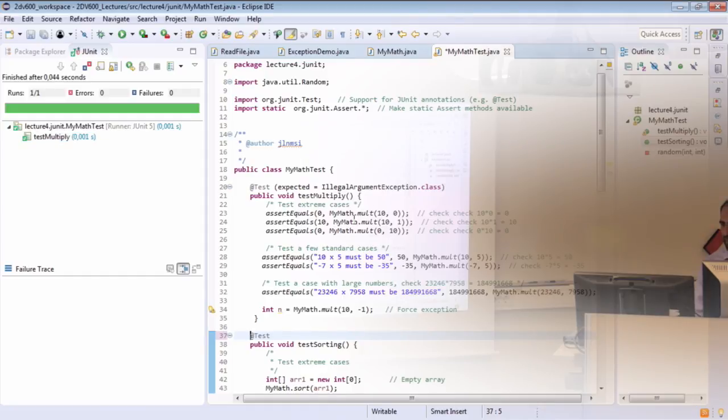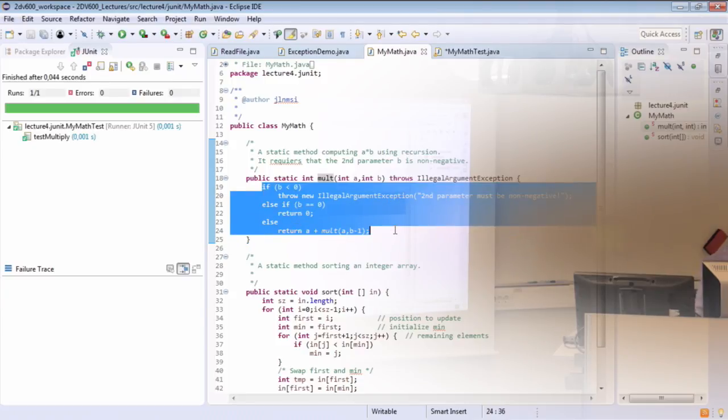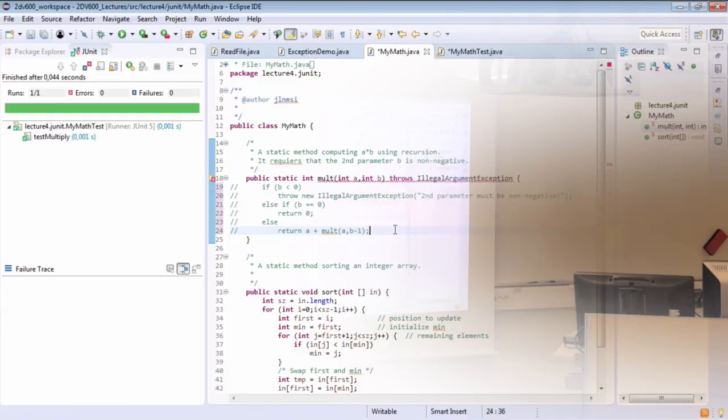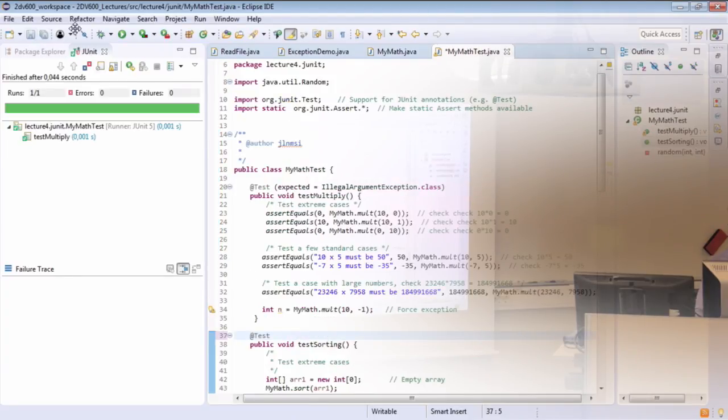But for example, if I just go to this multiplication method and make some changes over here. So instead of having this, let's see, if I comment these lines and write something like a plus b. I'm intentionally creating an error, so writing a wrong value. Now let's save this, and if we try to run this once again,